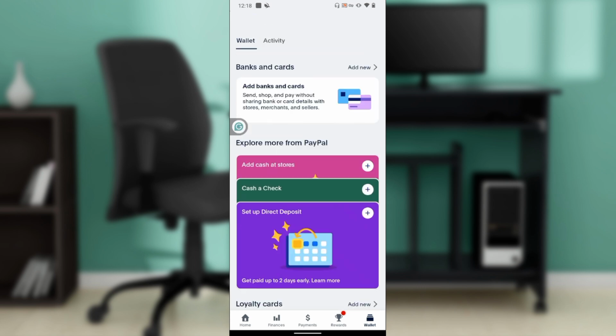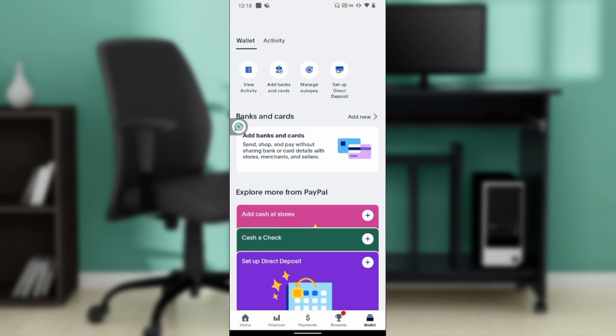All right, but then one of the icons here is PayPal balance, right? PayPal balance, one of the icons over here. So once you click on that icon, PayPal balance, it's going to take you to a window where you have the PayPal payment. All right, so once you click on that PayPal payment icon, it's going to take you to a window